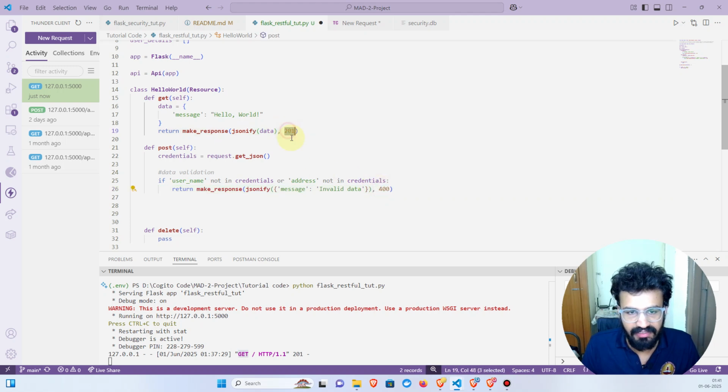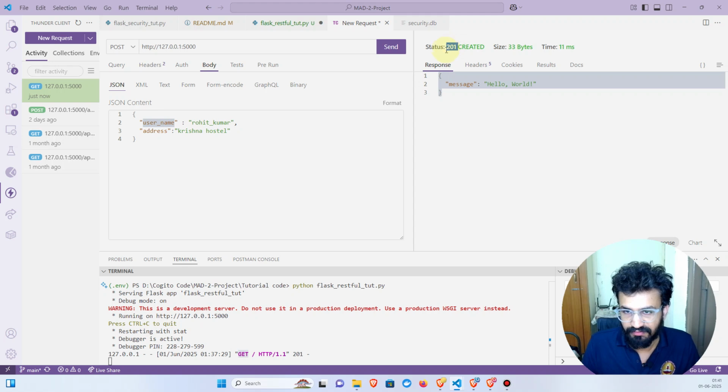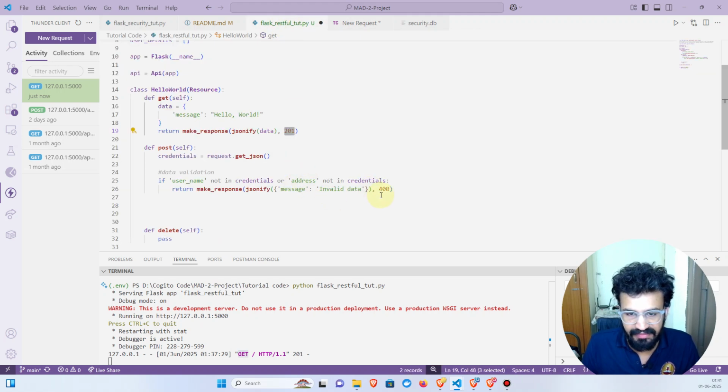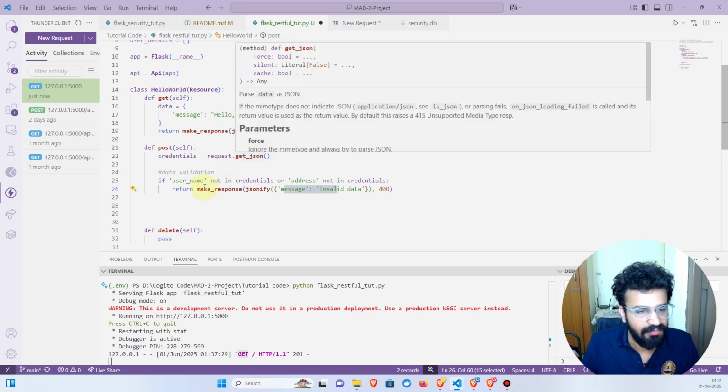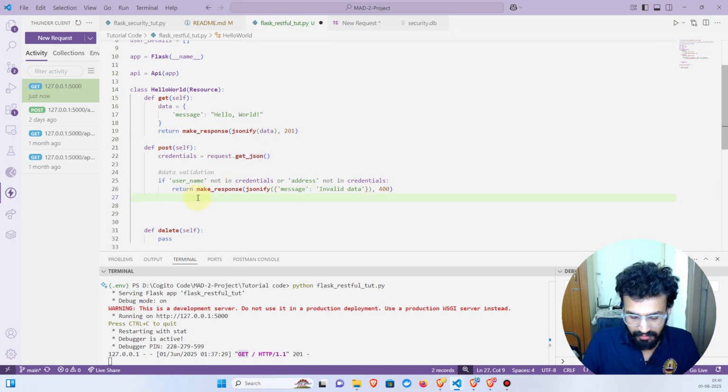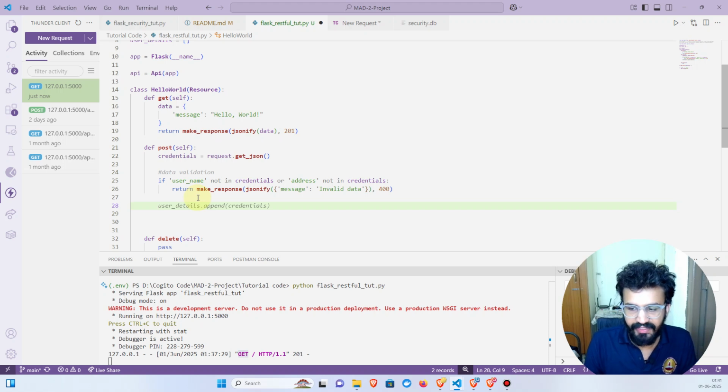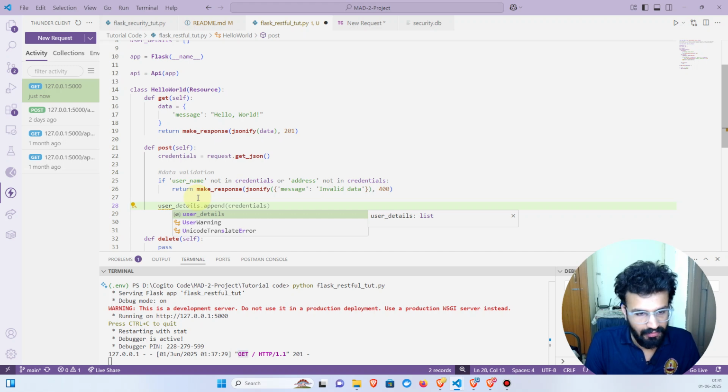If you see, earlier I was sending the status code as 201, and this was the status code which was visible. But let's say that we are sending a 404 error, which means something was wrong, and we are sending the message as invalid data. If the body is not how I want in my request, if all this sort of data validation which you want to do has been done, we can add the information into our database